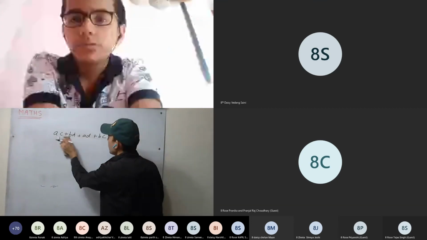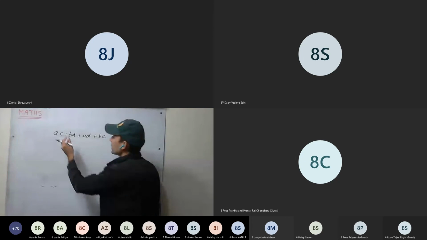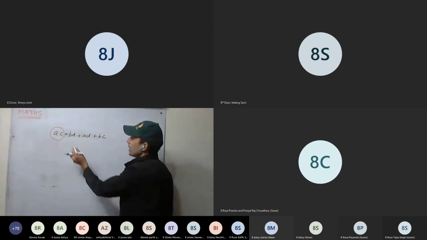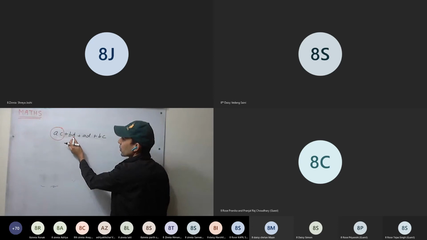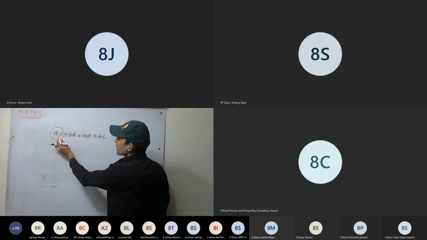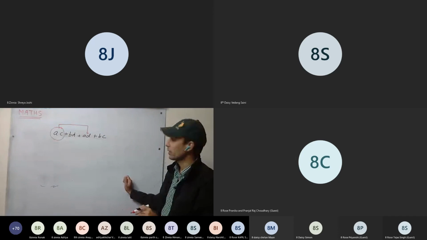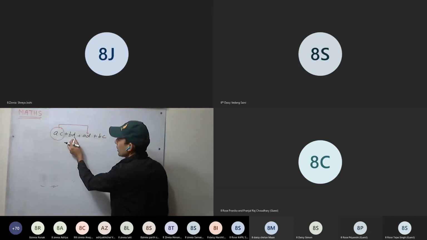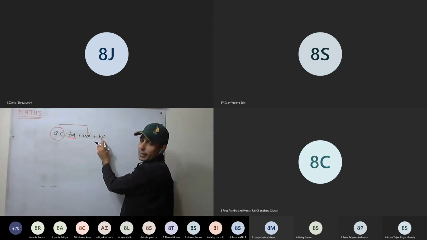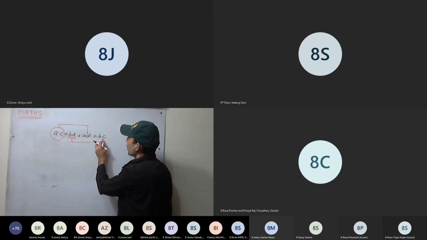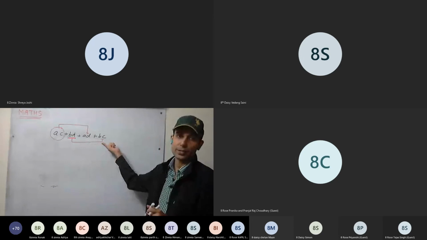What will we do? First we take the first term, AC. Is it having common with any of them? Second one, no common. Third one, yes, A is common. So we can group it with the third one. Now take the second one. Is it having common? Last one, they are having common. So first we need to rearrange the expression.